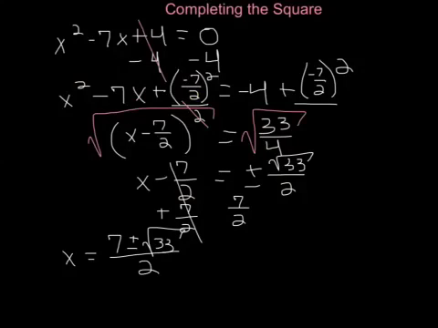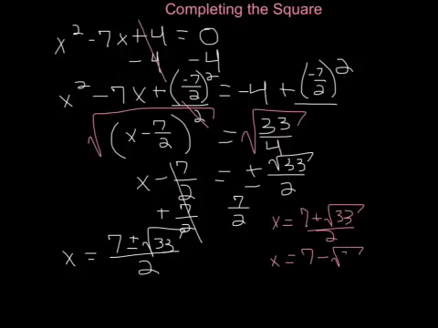all over 2. Now, to write it to the nearest 3 decimal places, you're going to use your calculators. So it's either going to be x equals 7 plus radical 33 over 2, or x equals 7 minus radical 33 over 2. When we plug this into our calculators to the nearest 3 decimal places, you should be getting